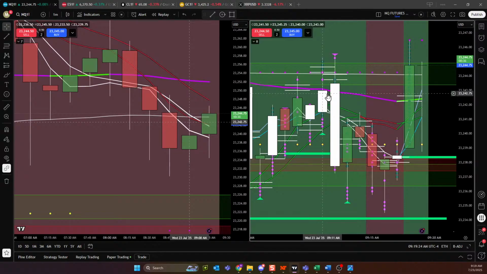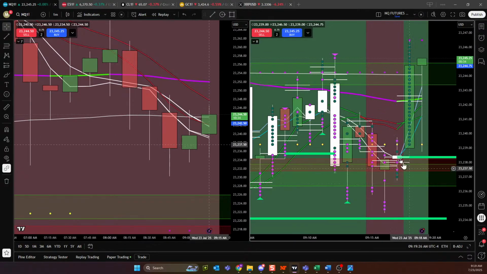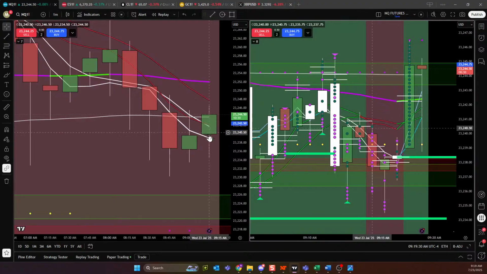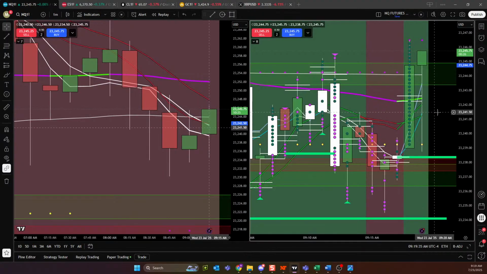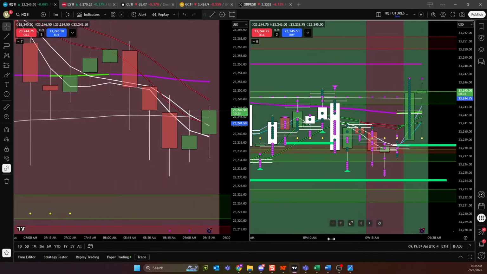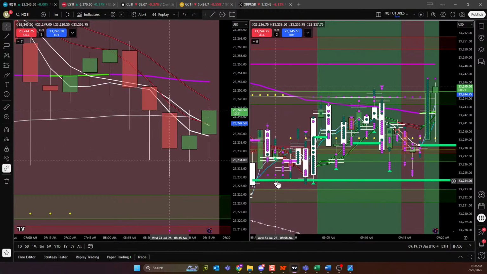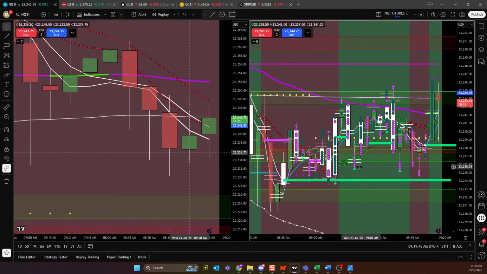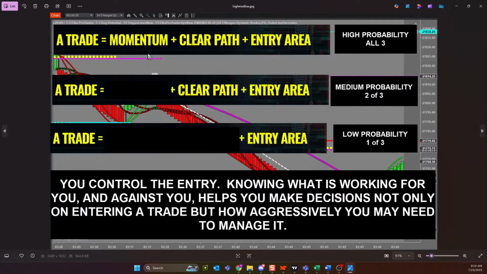If you took the trend trade from the mid band, you had all the trouble here. And guys, right now we're trying to figure it out. The small chart says down but weakness. The large chart says up, and they're just fighting. And if you look at your 1 minute chart, you can see that there's been no clear direction for the better part of 30 minutes. And this is where trading is difficult, guys. This is where problems occur. So look for momentum, define your path, pick an area, guys. We're going to do that with every chart that we look at today.